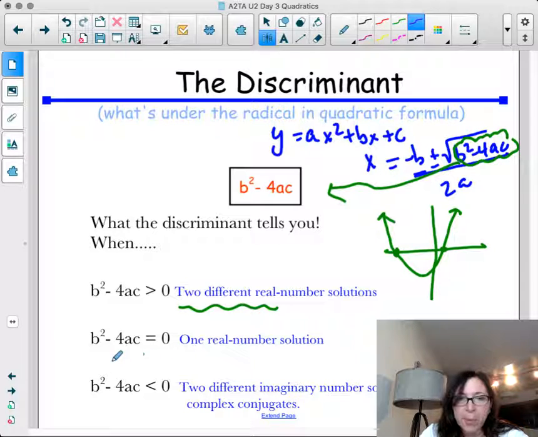If, though, when I simplify my b squared minus 4ac and plug the values in, I only get one real solution, that's going to look like this, okay? I have one real solution. Basically, I got the value equal to 0. So when this value inside here is equal to 0, I have one real solution, meaning